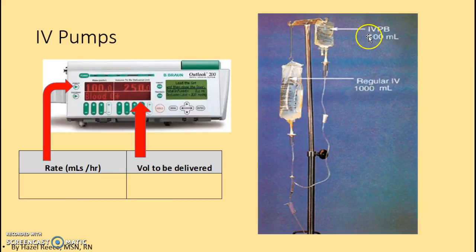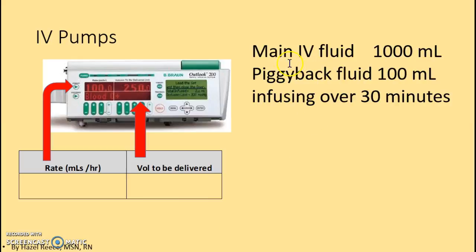We have what they call IV piggyback, and then you have your main IV. So the IV piggyback will be attached in before the pump. So it's attached before it goes into the pump, and we're going to again put in the rate and the volume to be delivered. Say for example we have the main fluid going in, we have 1,000 milliliters, but we want to piggyback 100 mils over 30 minutes. Now we have 100 mils